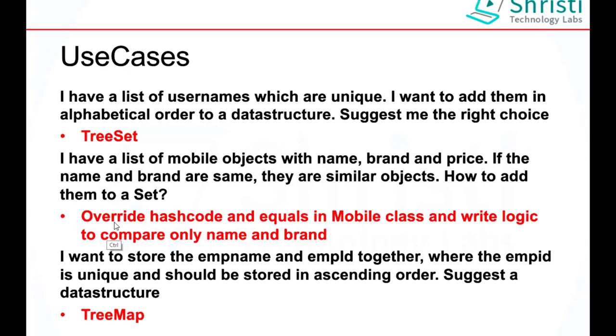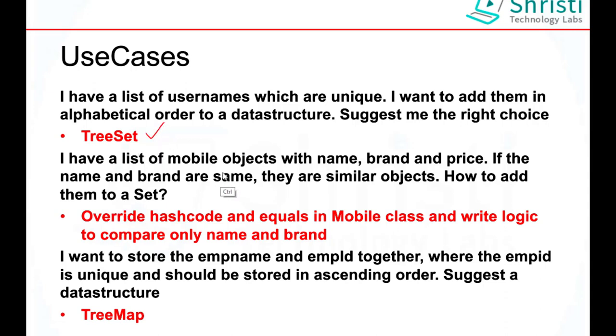Next, I have a list of usernames which are unique. I want to add them in alphabetical order to a data structure. Suggest me the right choice. The username should be unique, so we can go in for an implementation of set. It has to be in alphabetical order, so obviously we need to go in for a sorted implementation, that is